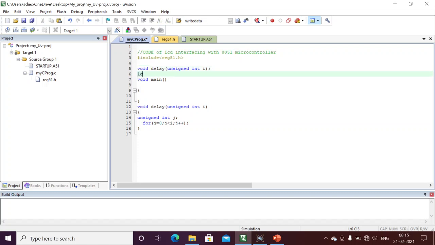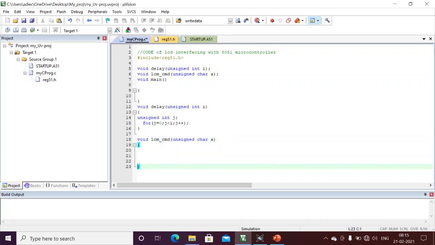Next I will write the LCD command function. How we are going to write one command to the LCD, that we are going to write now. LCD underscore cmd, this is my LCD command function. Here I need to pass the command as an argument, unsigned int. I can take a character also, within 0 to FF, so I can give unsigned char a as the argument. I am passing one argument in this API function. Here I am going to write the definition of the function.